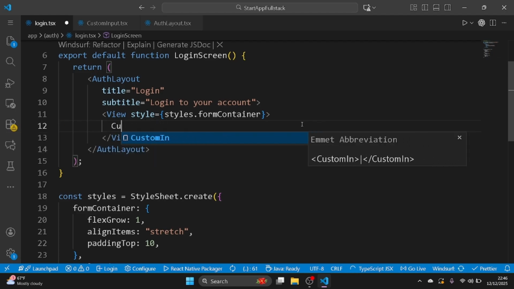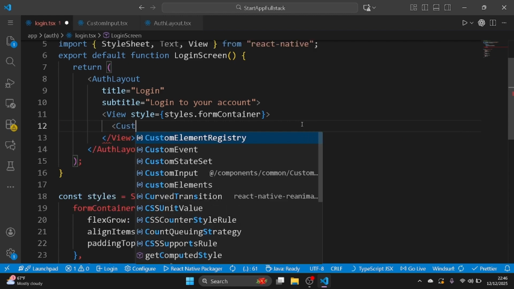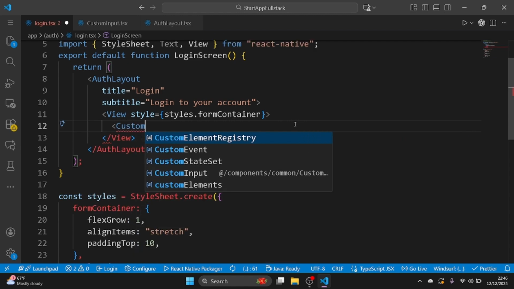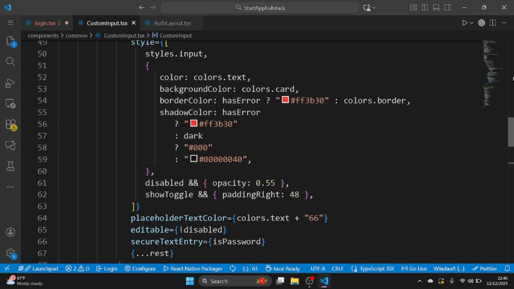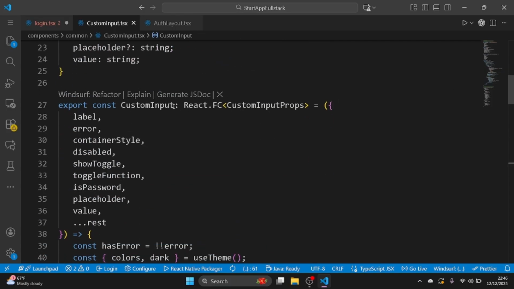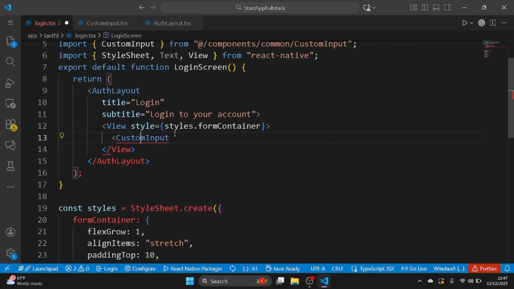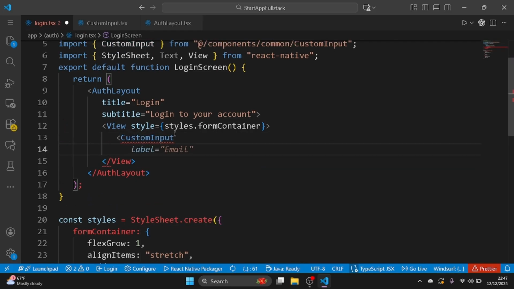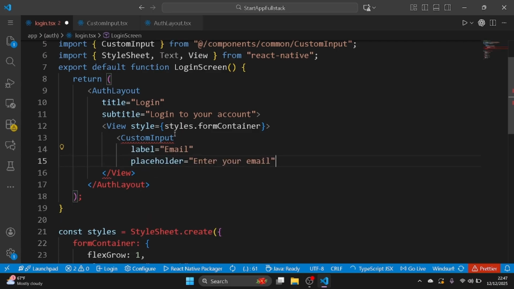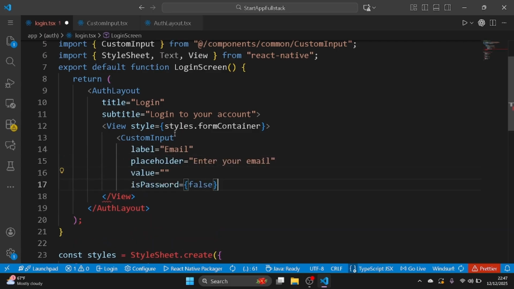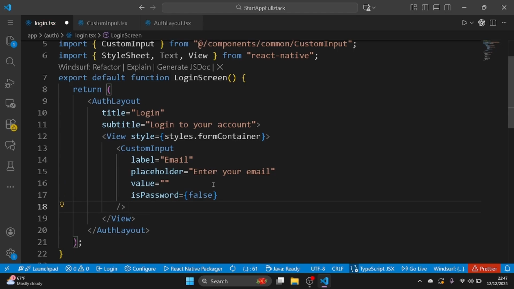Oh, it says custom input. So that means you are not exporting it here. You need to export that custom input. Yep, custom input. Let me try to import that. Yep, it's here. Let's see if AI can complete the rest of the things. Label, email, placeholder, value. Okay, this is just the rest. If I save it,